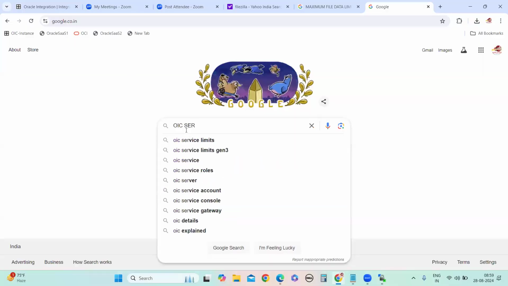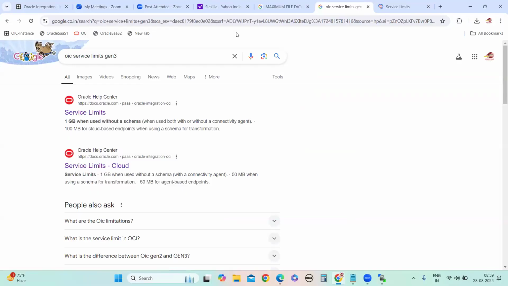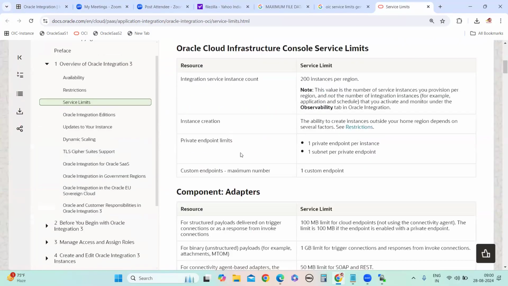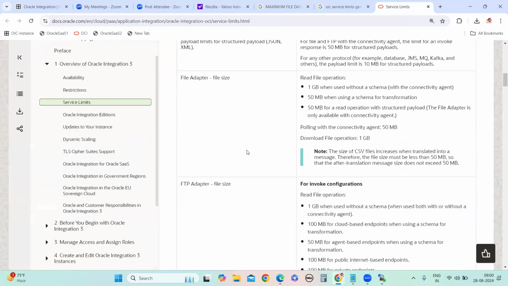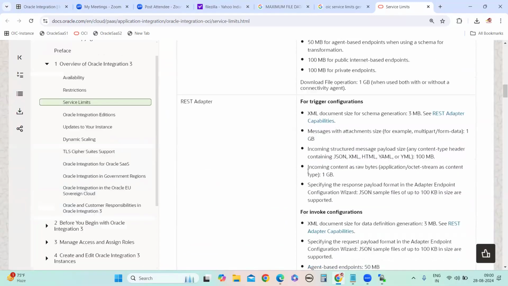OIC service limits in Gen 3. So this is very, very important. You can see the OIC service limits here. The adapter file size, 1 GB, 100 MB, something they have given, right? So this we have to remember.